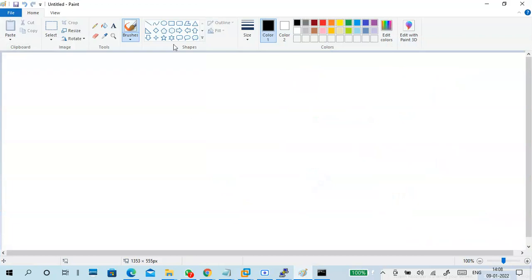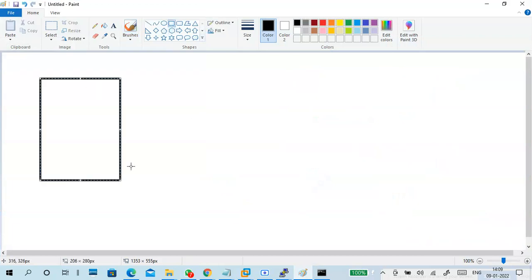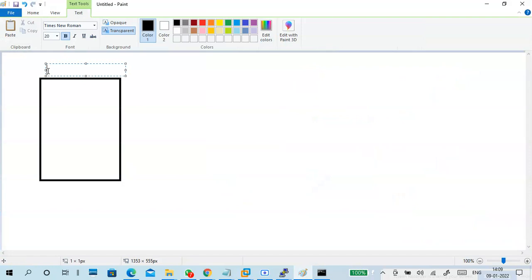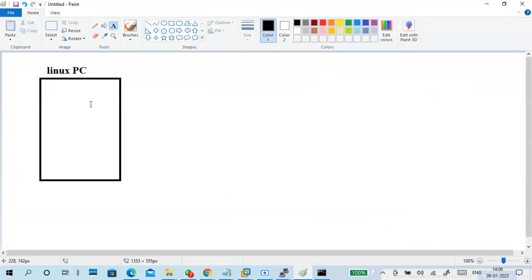Look here, this is my Linux PC. Okay, my Linux server. Linux PC means my Linux server. I have some data in that one.